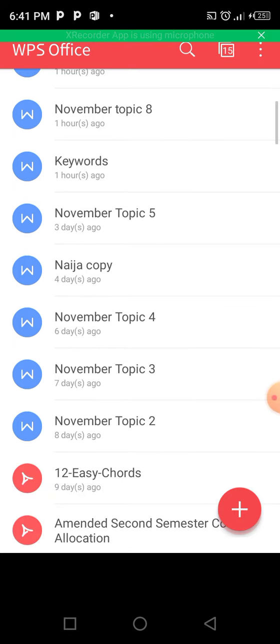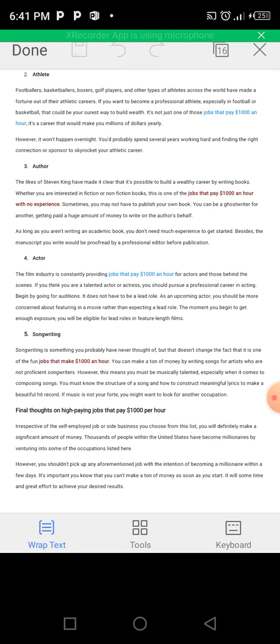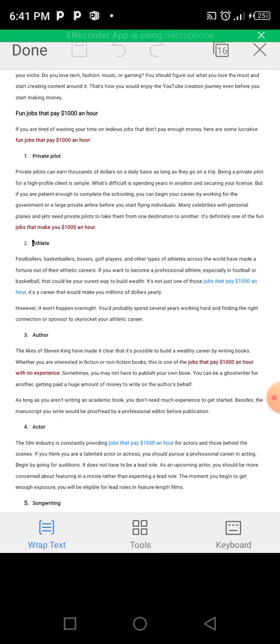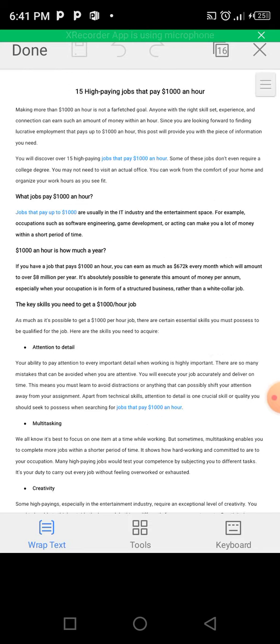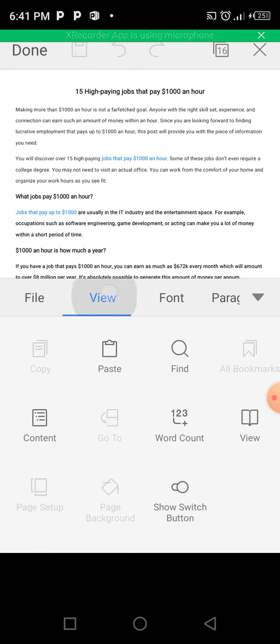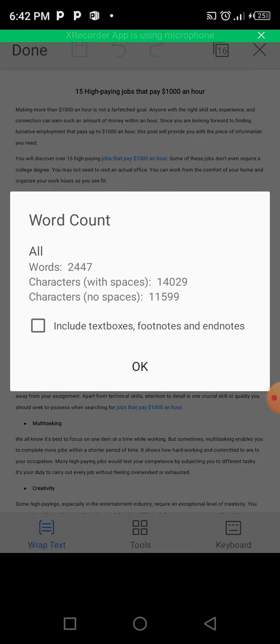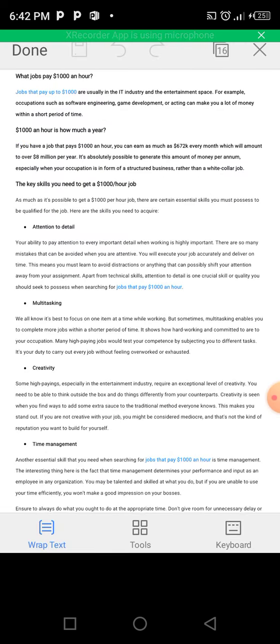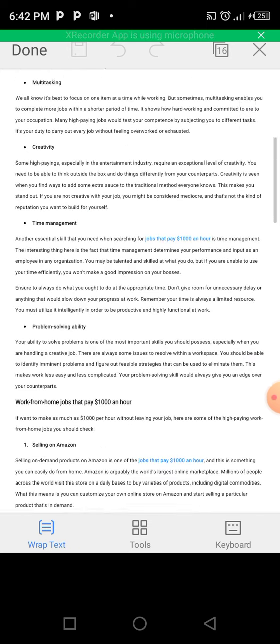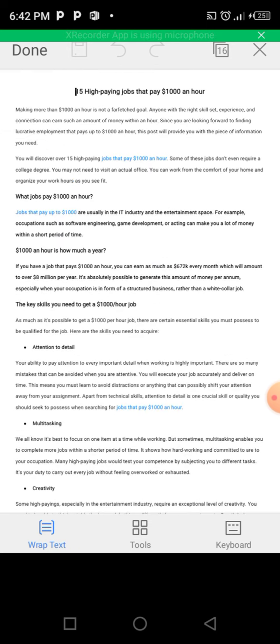So check this out. This is a topic I wrote recently for a client, and as you can see, I used my phone to actually write this. This is a 2000 word content. You can see the word count, 2447, over 2000 words, and I used my phone to write this. I think I wrote this in like 3 hours or so. And you can actually do the same thing once you have mastered this tutorial or this method I'm about